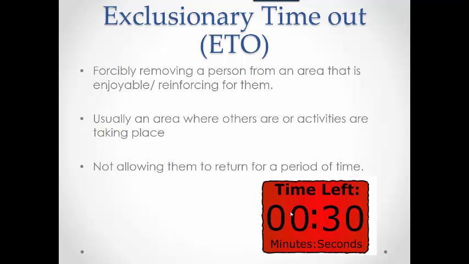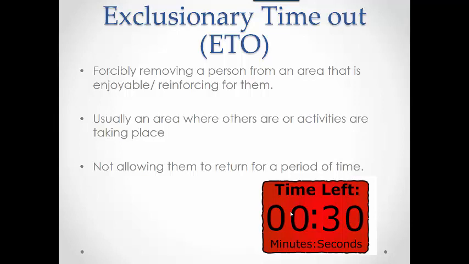So it's about moving them from an area that they enjoy, where they may be engaged in activity, to another area as a consequence of their behaviour. It may be to manage risk, and then you're not allowing them to return. So you might be locking the door, you might be standing in the way, whatever the strategies are, and we're saying, okay, the person can't return for a certain amount of time. If you're a behaviour support practitioner and you're writing this into a plan, exclusionary timeout is something that you absolutely need to discuss with your supervisor when putting it into a plan.